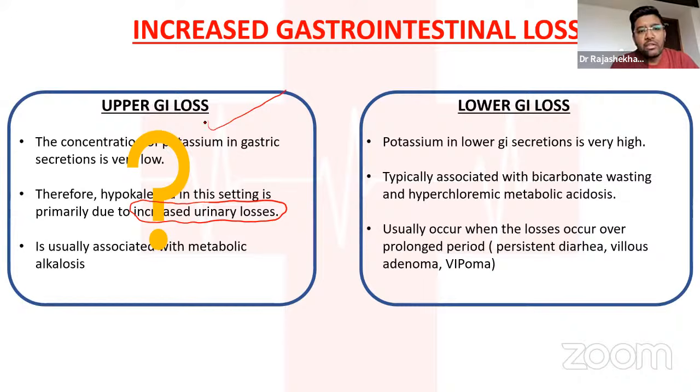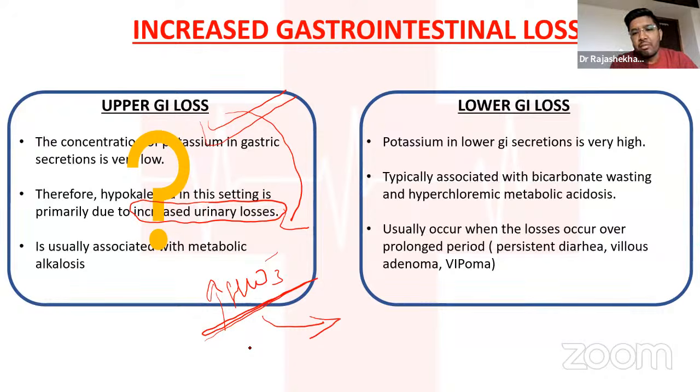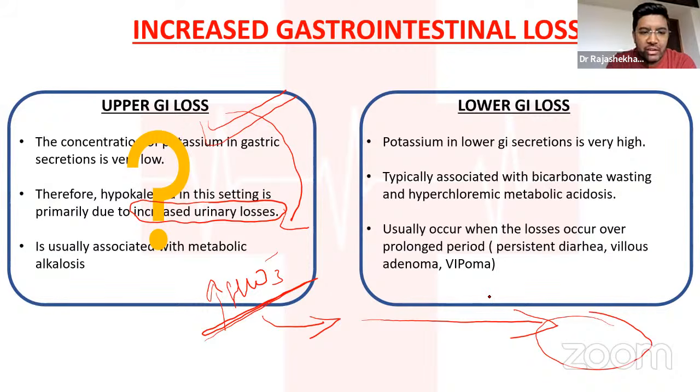So in case of vomiting, the potassium is not getting lost from the GI tract, it is getting lost from the kidney. This is because we know that any significant vomiting is going to cause increased bicarbonate in the patient, that is metabolic alkalosis. So this increased bicarbonate is being handled by the kidney by excreting more bicarbonate into the urine. This increased bicarbonate, as it is a negative ion, is going to increase the net negative charge of the lumen in the collecting duct, causing potassium movement out from the principal cells to the urine, causing hypokalemia.